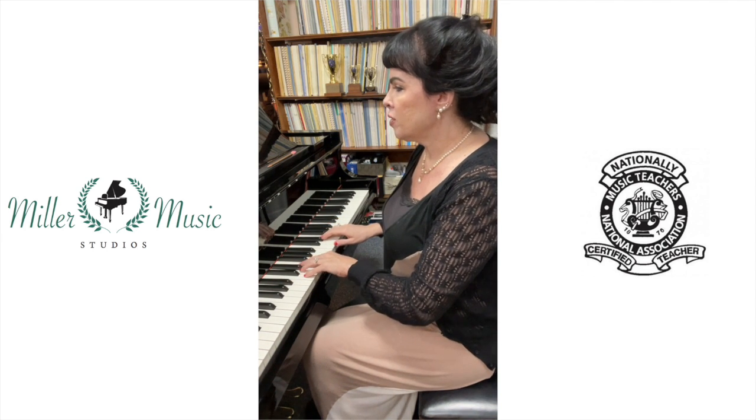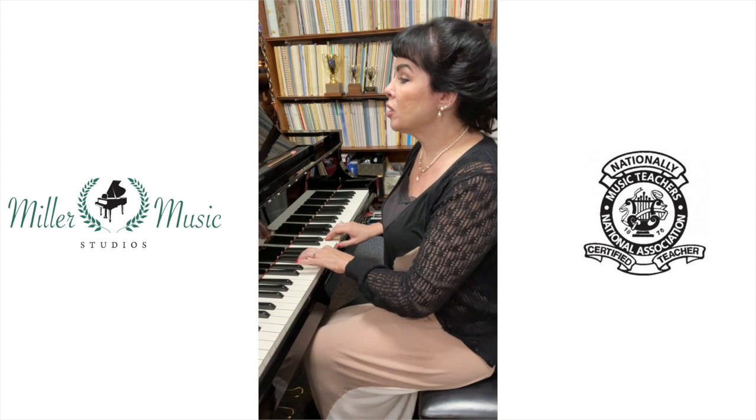Thumb on G in the left hand with the right hand 1 and 3. Did you get that? Okay, let's review that again. Measure 5, left hand 5 on middle C, right hand 3 on E and 5 on G. So we play together. 1 and 2 and 3,